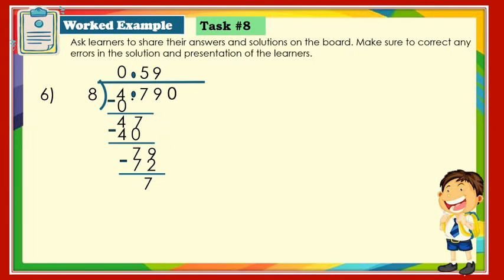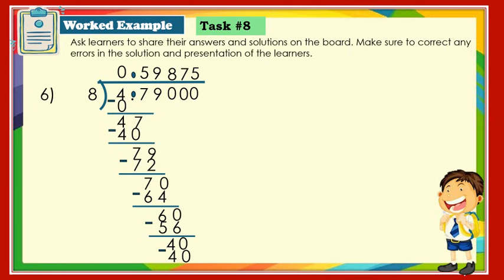And then add another 0 in the dividend and then bring it down to make a new dividend, which is 60. 60 divided by 8 is 7. 7 times 8 is 56. Then subtract 60 minus 56, we have 4. And then add another 0. And then bring it down to make it 40. So 40 divided by 8, we have 5. And then 5 times 8 is 40. Then subtract 40 minus 40. The remainder is 0. And that makes our answer 0 and 59,875 hundred thousandths.